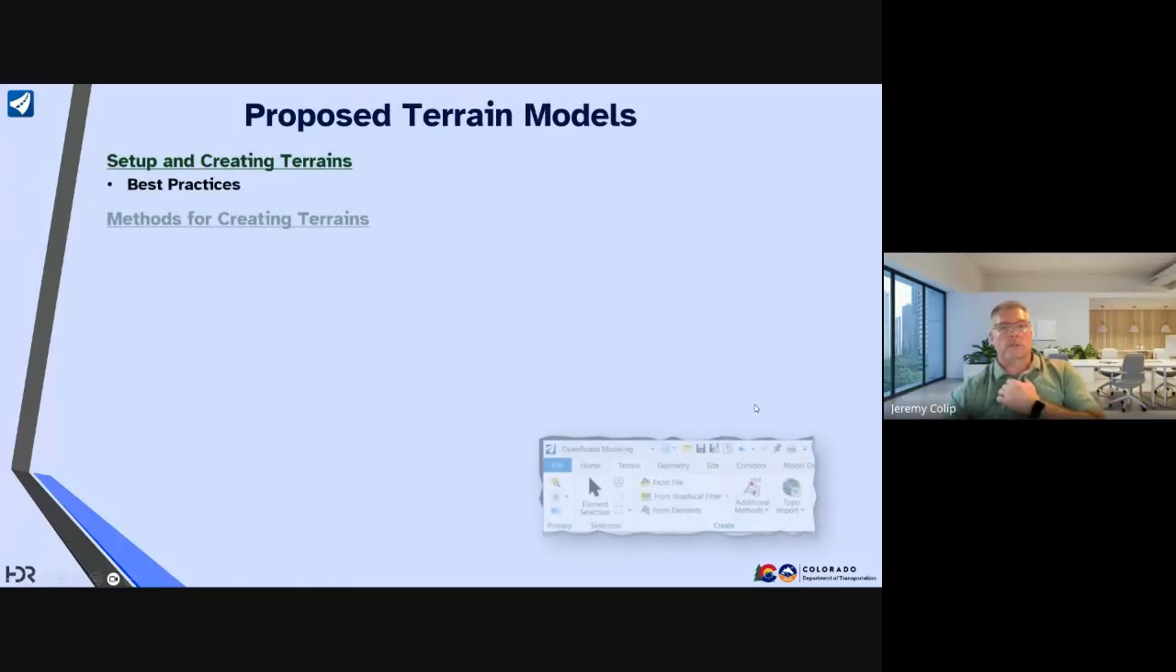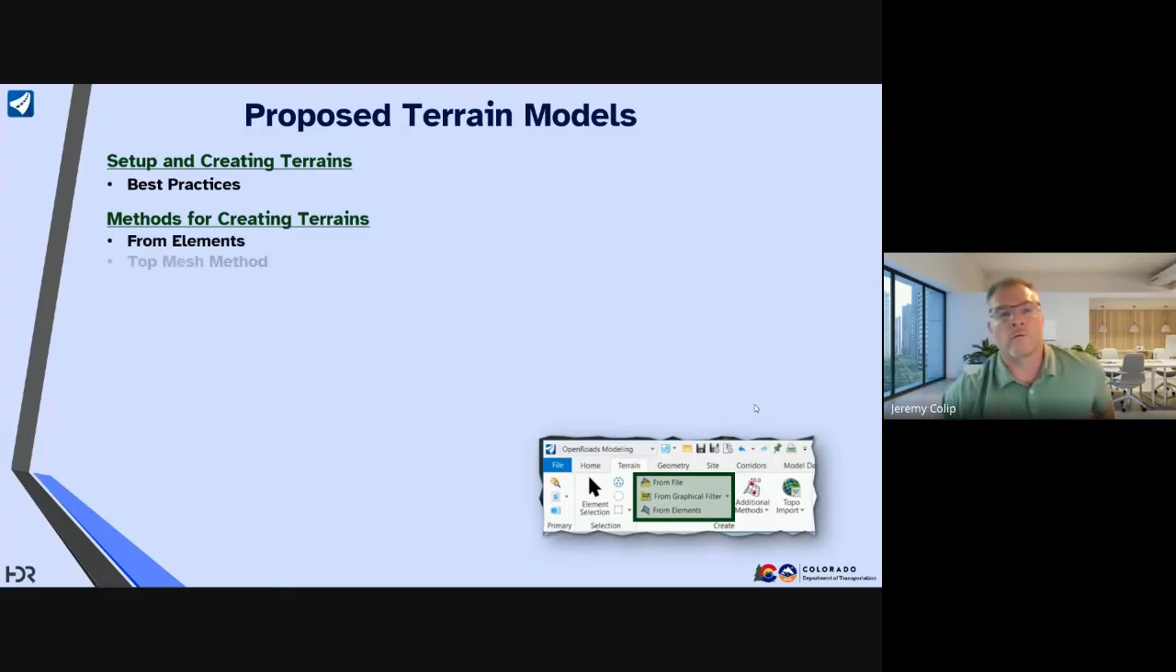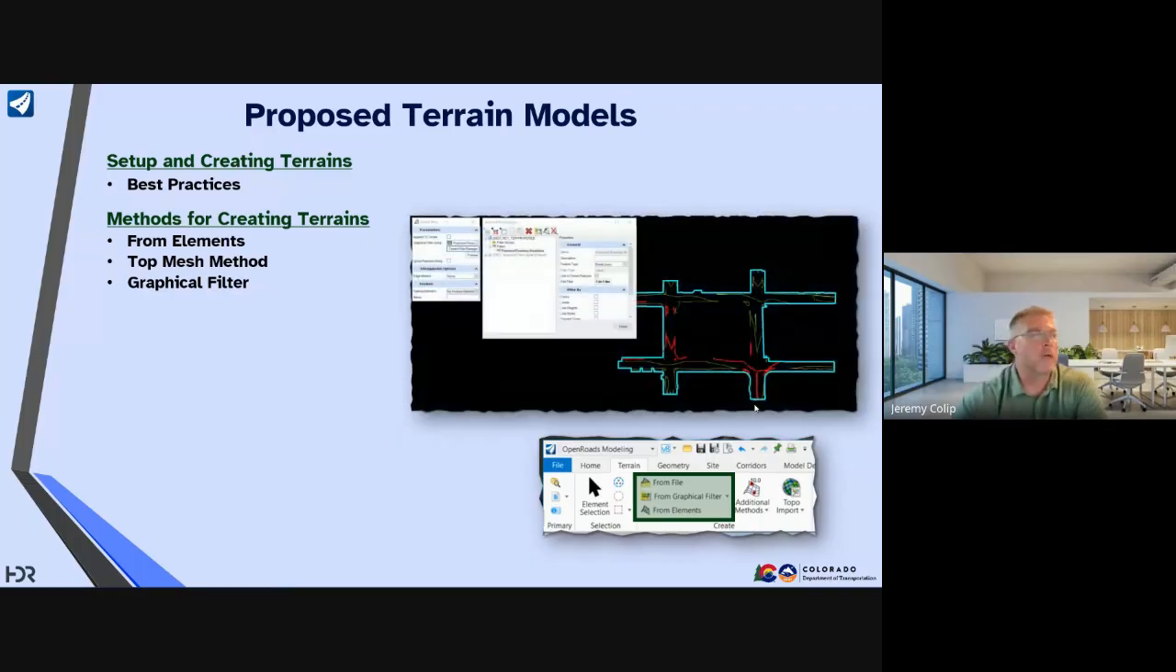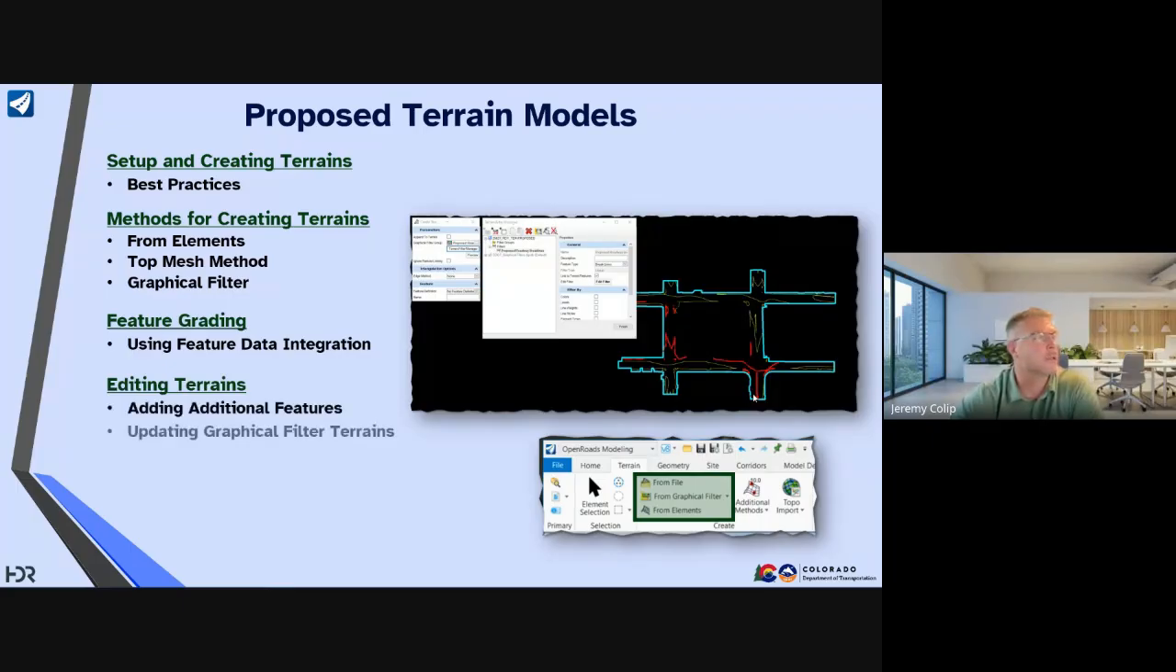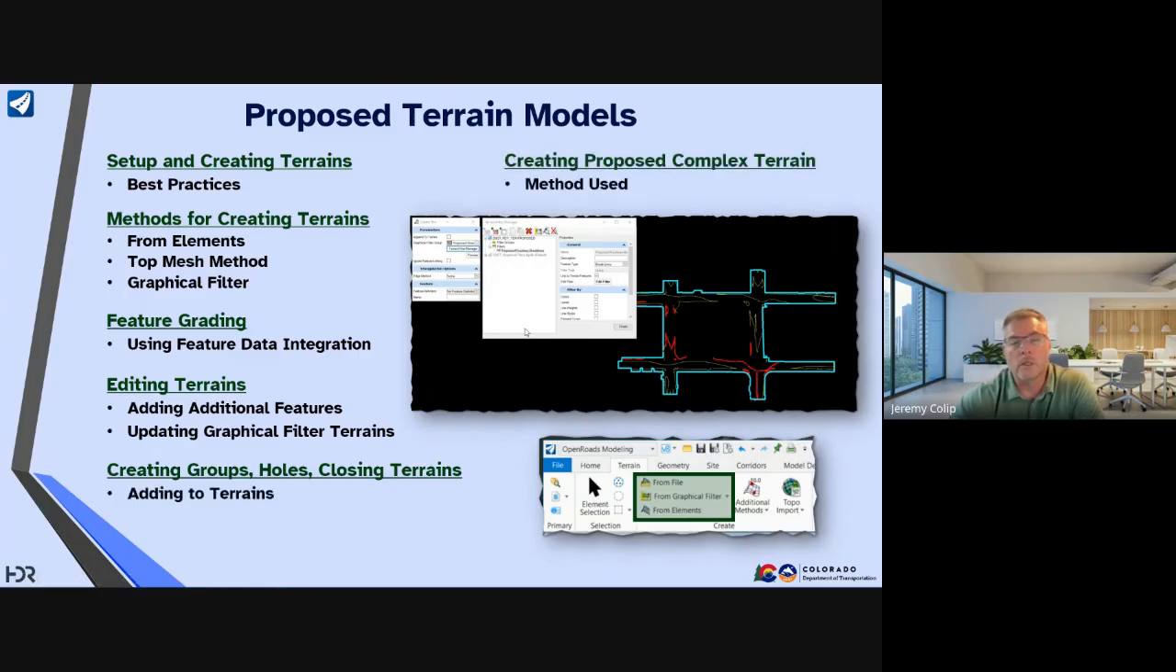Right. So again, today, first part, we're going to be going over the proposed terrain model. So just some of the best practices, lessons learned and things that we've caught in the past, methods for creating the terrains, what we've used, and then what we think, as far as best practices and why. We'll go over feature grading, using some of the features, adding in break lines, adding in other elements there, editing terrains, creating groups, holes, voids, closing terrains,